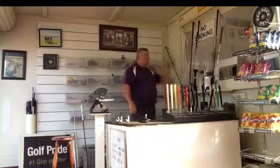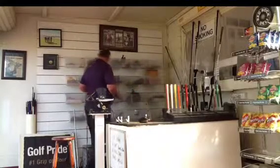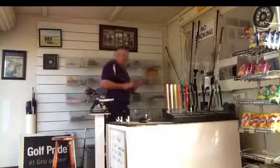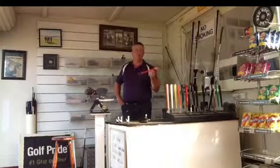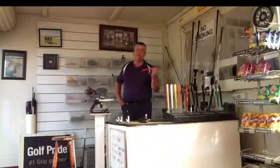So now that I have those clubs all glued, which I did yesterday, I'm going to go through the grip that John chose, which was the Golf Pride in red, the Tour Wrap 2G. I'm going to weigh every grip, just to see if they're the same. If not, I can actually